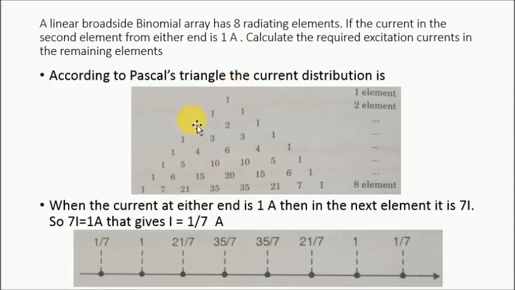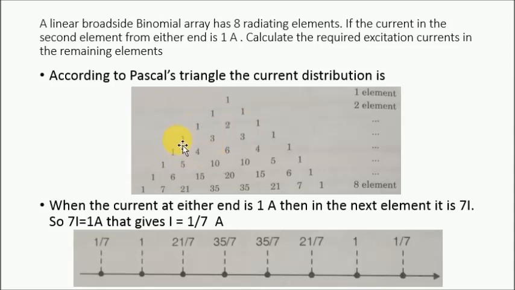Now just prepare the Pascal triangle. For the first element we take 1. For the second element, repeat 1 here and repeat 1 here. For the third element, add 1 here, add 1 here, and for the remaining part add these 2. So 1 plus 1 is 2. For the next case, again repeat 1, here also repeat 1. For the other elements, 1 plus 2 is 3, 2 plus 1 is 3.